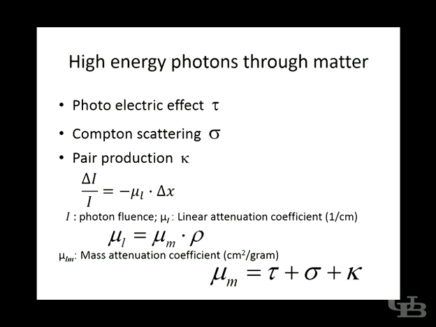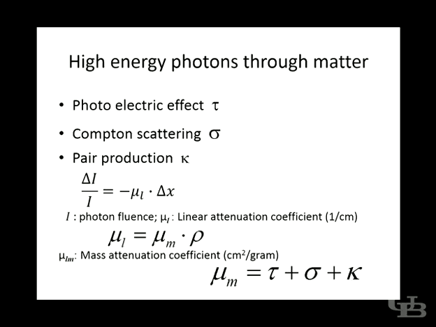For the interaction mechanism of photons with matter, there are three types of interactions: photoelectric interaction, Compton scattering, and pair production. Before we get into each specific type of interaction, the overall effect of interaction is absorption. You can consider it absorption of the photon. It's described by this